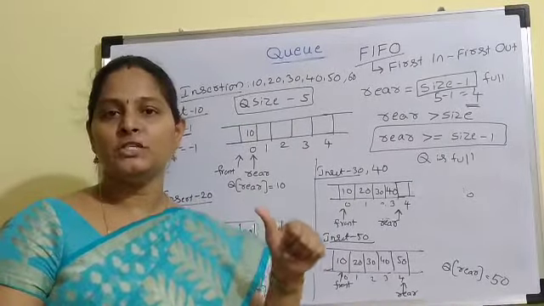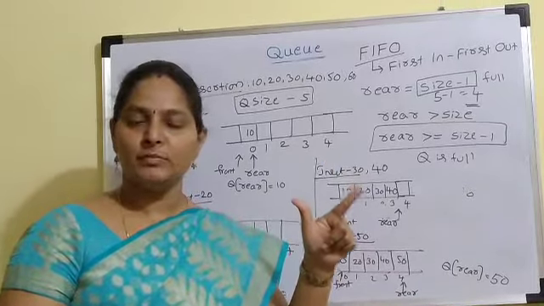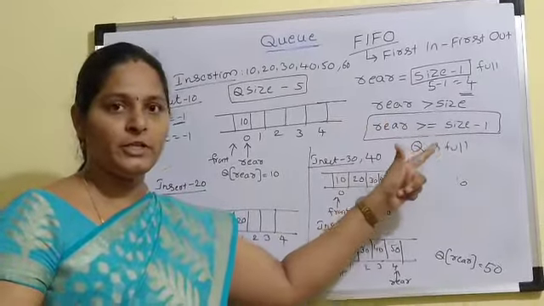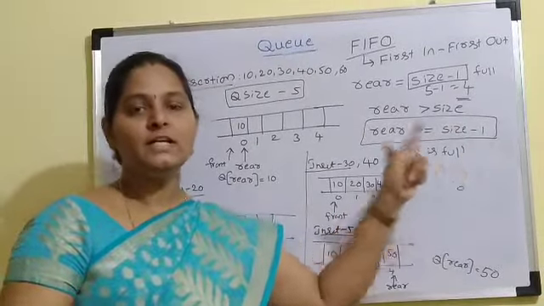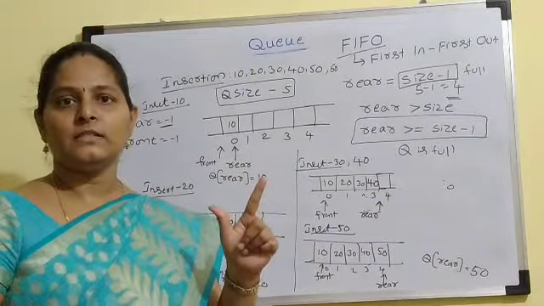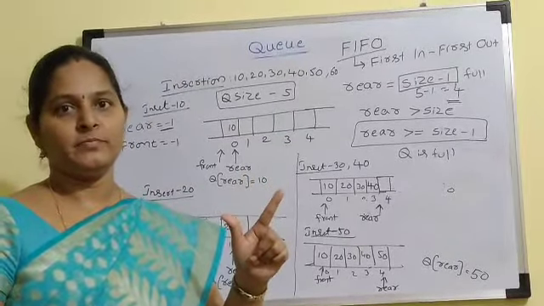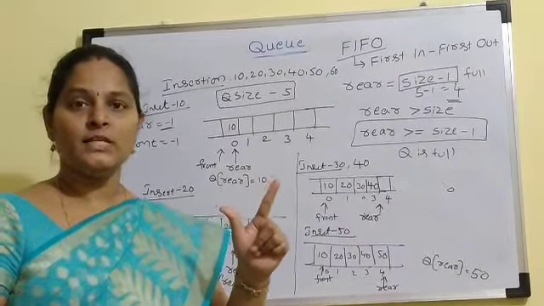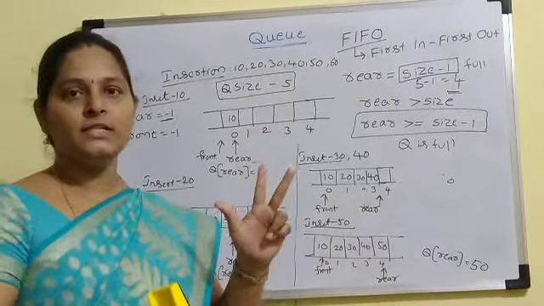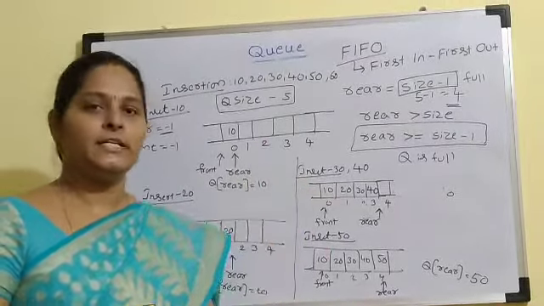So how to check whether the queue is full or not? Insertion will always be done from the rear end. If the queue rear pointer points to size minus 1, that indicates the queue is full. Second step is, if the queue contains some empty locations, increment the rear pointer by 1, so that we are moving the rear pointer to the next available location. Now third step is, wherever the rear pointer is pointing, at that position we can insert the element.